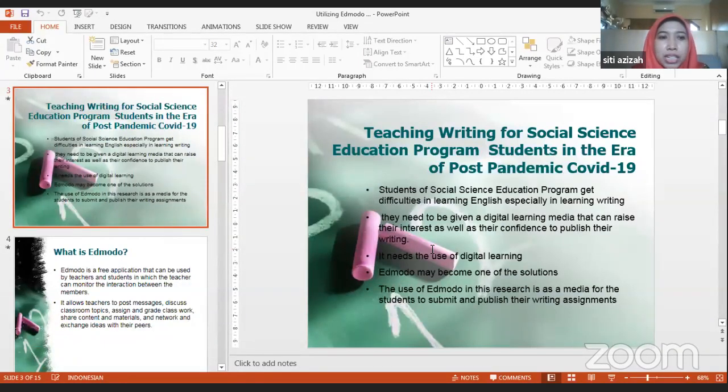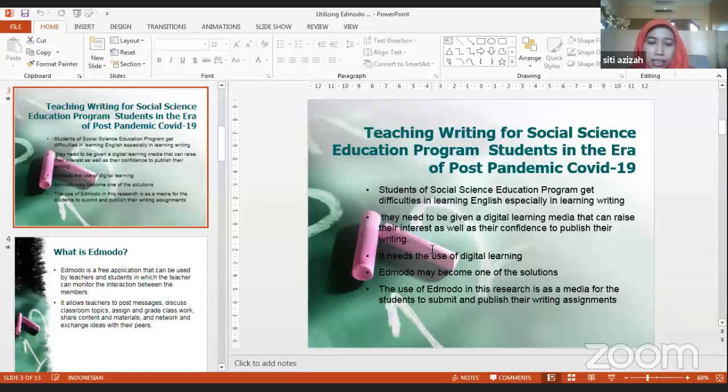students of the social science education program have difficulties in learning English, especially in learning writing. It is not only in the subject English for Social Science. It's not only writing but also speaking. But here we focus on writing. They need to be given a digital learning medium that can raise their interest as well as their confidence to publish their writing. We need to find